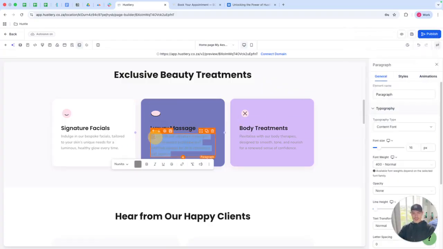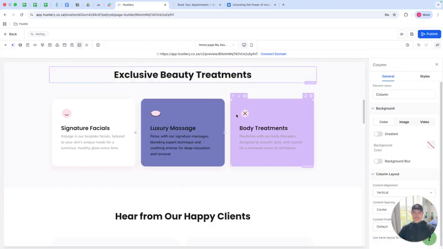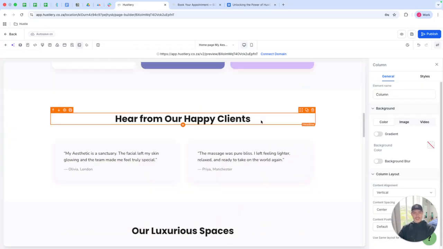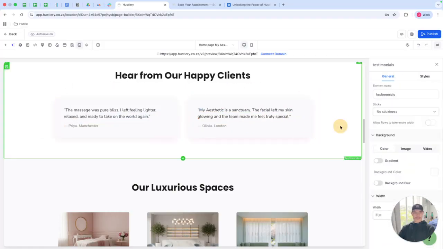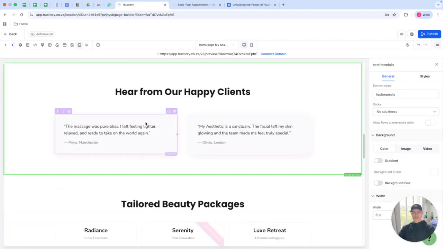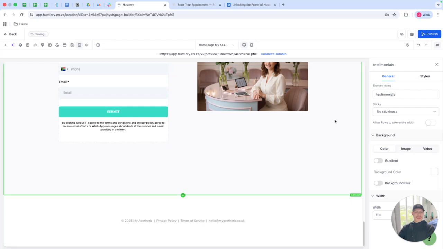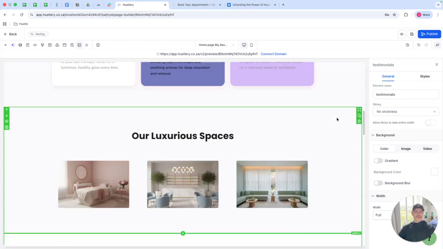Like this is not showing nicely now, you go there, then you make it black for instance. There you go, now it's nice and legible. And like I said, you can go and rearrange sections as well, swap these two around for instance, etc. You can go and move this one up if you wanted to. You can go and design and edit this to your heart's desire, to whatever suits your business or whatever your creative mind